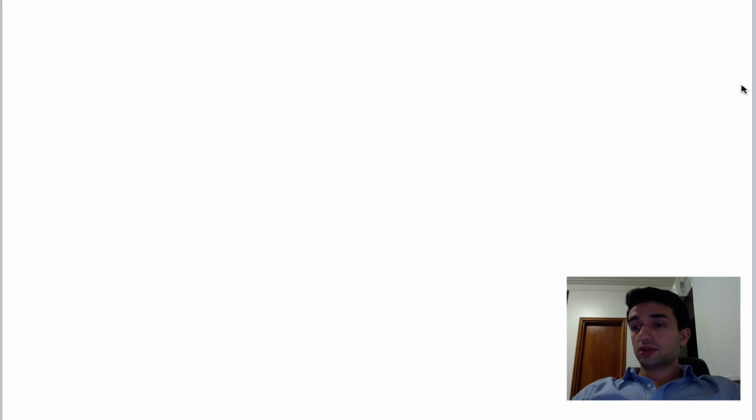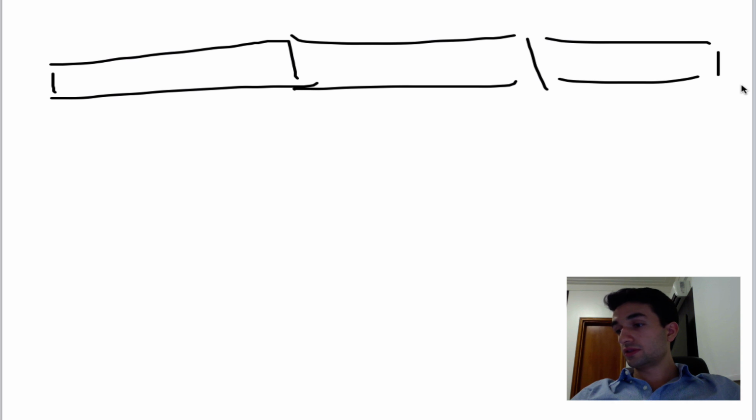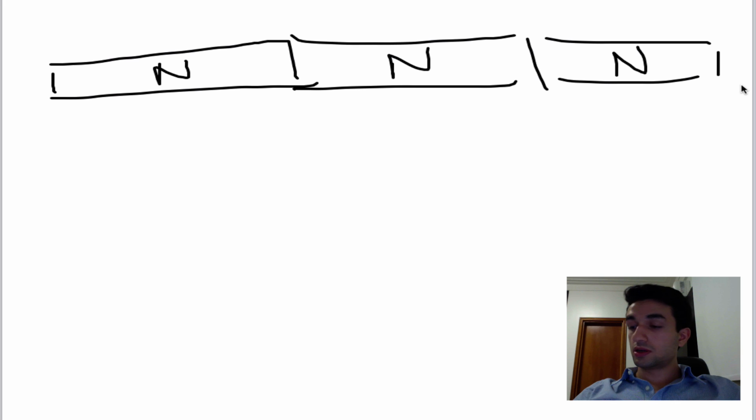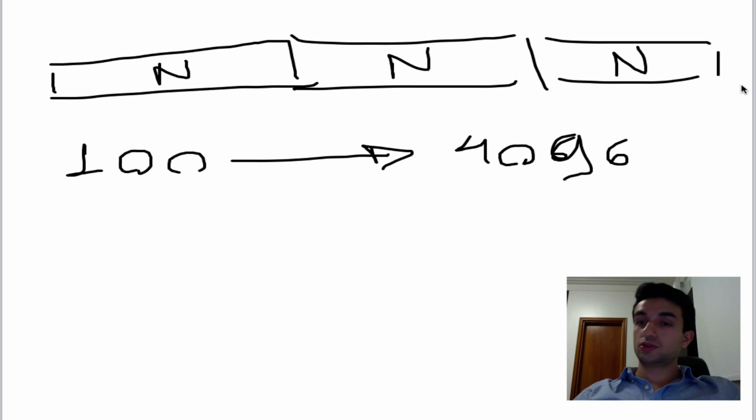Remember, in this simulation, think of it as several symbols in series. Each of those symbols has capital N samples. So we are sending 100 symbols, and each of those symbols has 4096 samples. What we are going to do is take the FFT, X of k, of each of those symbols,